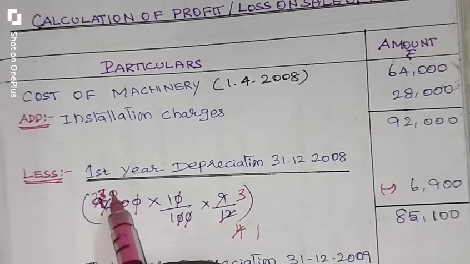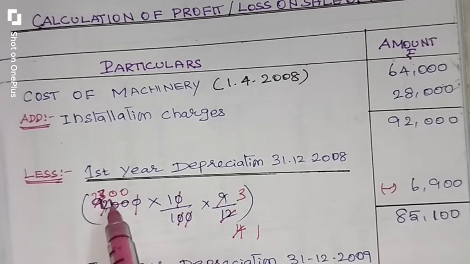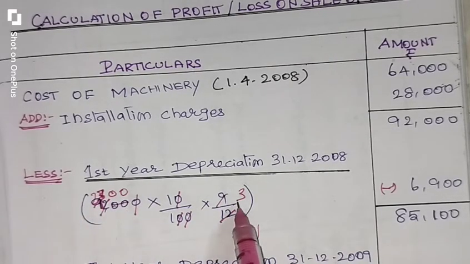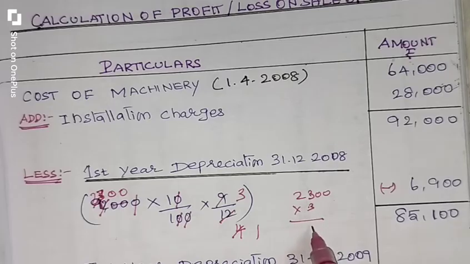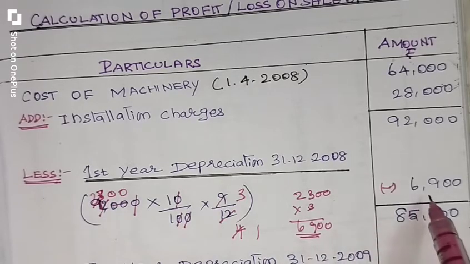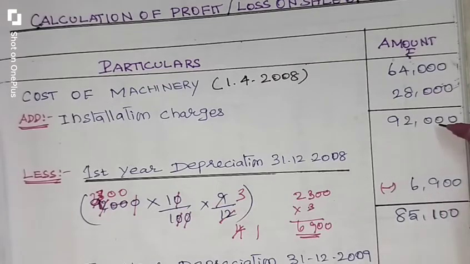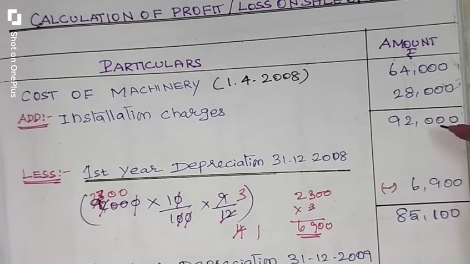These 320 we have to add here. So 2,300 into 3. 3 3s are 9, 2 3s are 6. So 6,900 rupees is the first year depreciation. We have to subtract 6,900 from 92,000. We will get